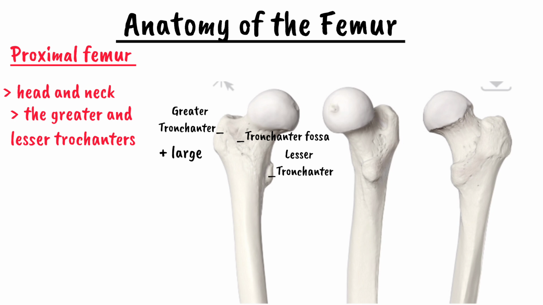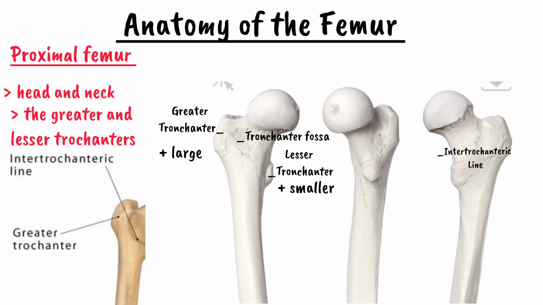Now, the lesser trochanter, unlike the greater trochanter, is smaller and it projects from the posterior medial side of the femur. Like the greater trochanter, it also has several muscular attachments. Now, let's talk about the intertrochanteric line. It is a ridge of bone that connects the greater and the lesser trochanter on